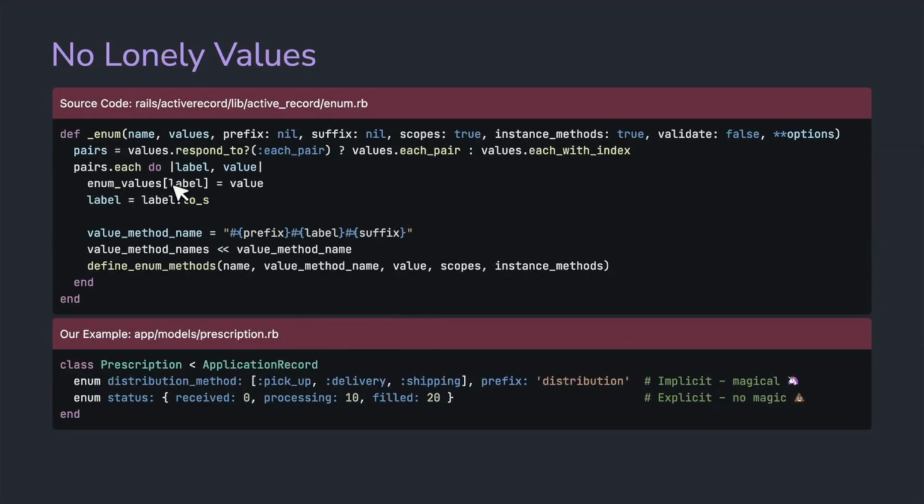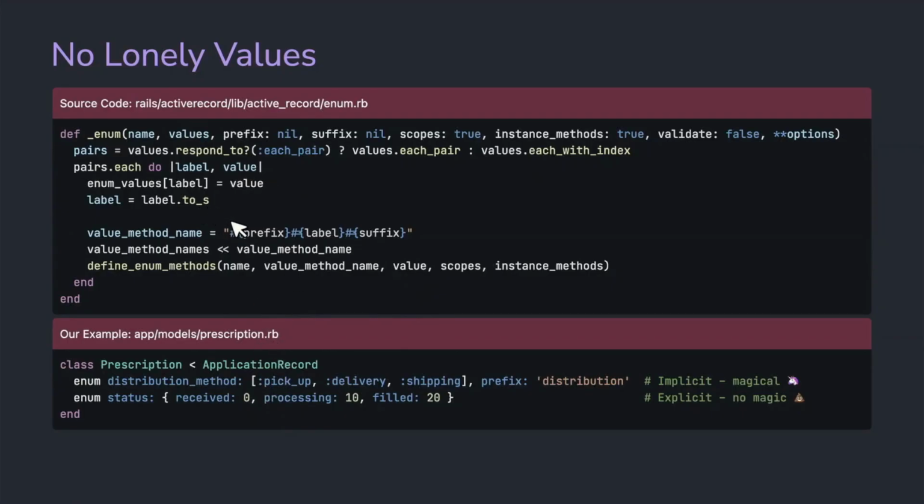Now we're going in here and we're taking this enum values, which is just basically sanitizing what we did here. The label is the value of the enum values. And here the value is the number.